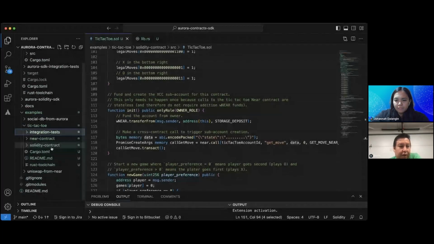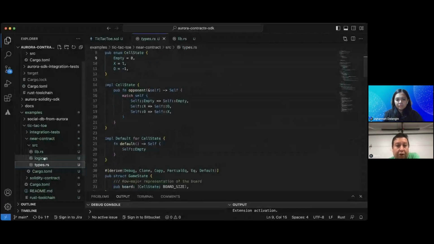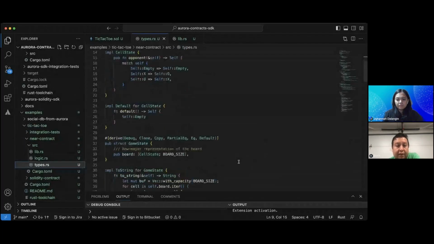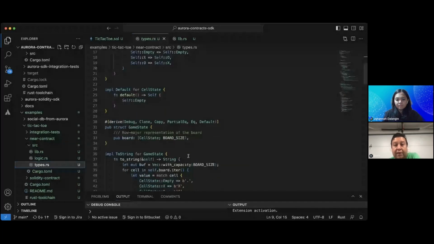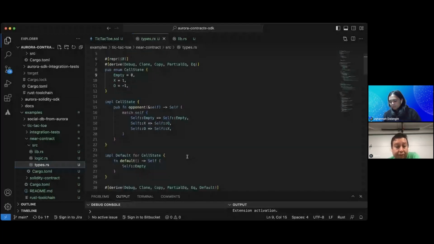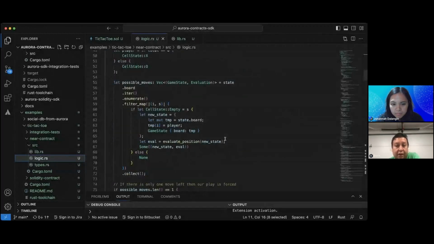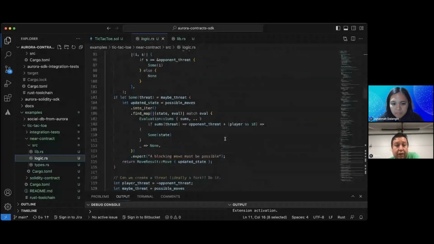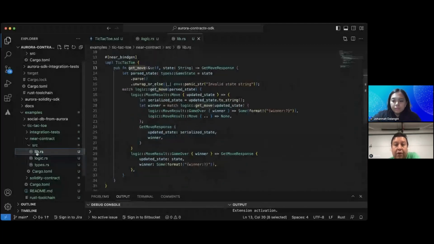Okay, I will talk a little here about the rest of the logic being this stateless contract. The other two contracts basically create the types, like a cell or state, and the logic calculates the moves. These are the functions that allow the main library to calculate the whole thing, to calculate the new state, right? So